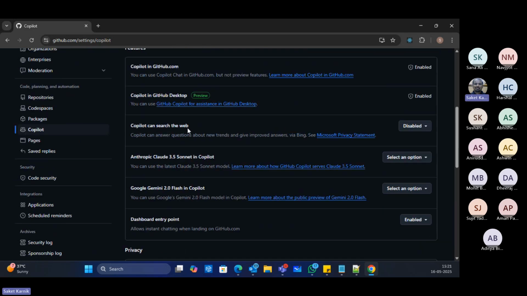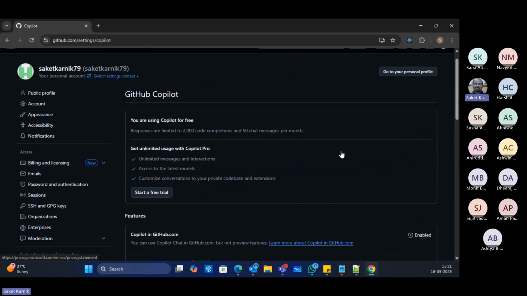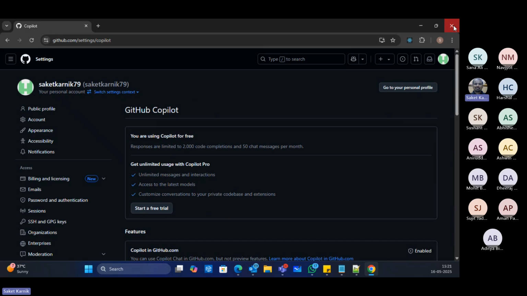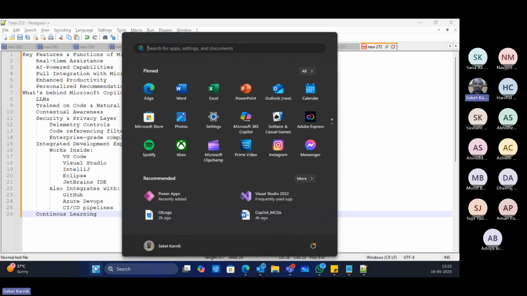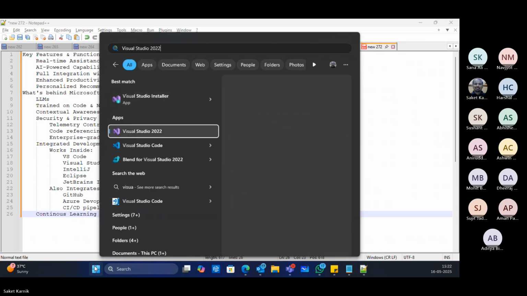Copilot, whether it is allowed to search the web, but this will probably take your code also to the web. So just do as per the need, right? Whatever the configuration you need. And once this is done, you just need to log in with your GitHub credentials into your plugin also. And the same thing you have to do here as well.